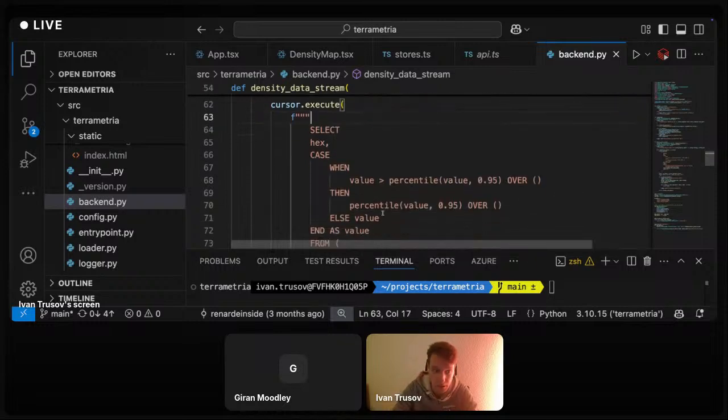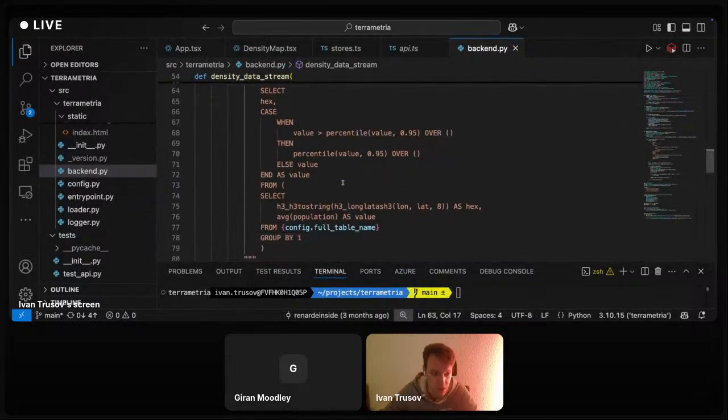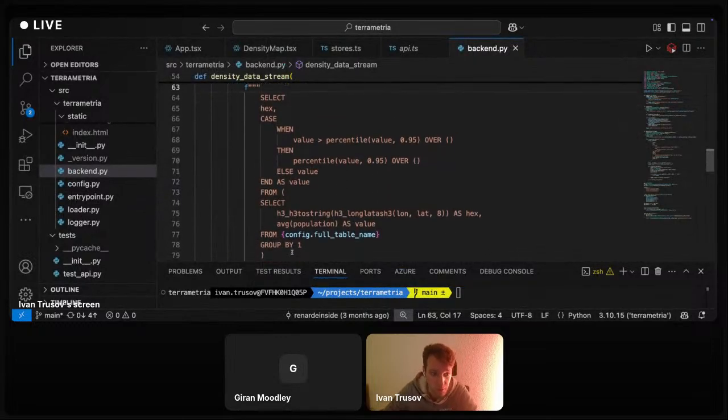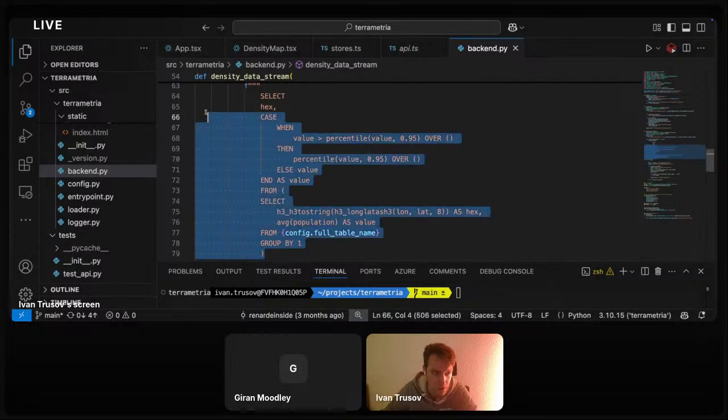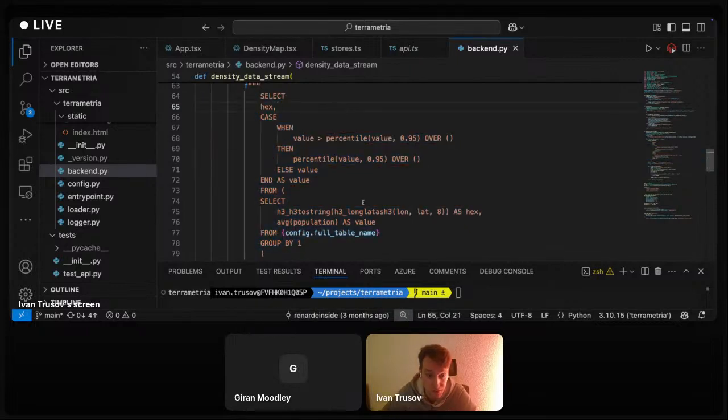Let's take a look at the query inside. As you can see, this is a relatively simple query, in fact, because what it does is that it selects from the table, which has 3 columns, longitude, latitude, and the population value.